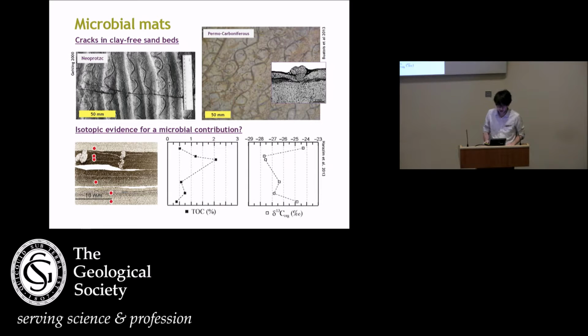There's also, in this paper from a few years ago by Dario Harazim and colleagues, evidence for a microbial contribution to the formation of these cracks in a mudstone in a marine heterolithic succession from the Ordovician of Newfoundland. In this case, there's an increase in organic carbon content, and there's a pronounced excursion in the carbon isotope composition of that organic carbon, just in the layers where these cracks appear. So it might be, again, that this was a particularly microbially biostabilized layer, which is cracked here.